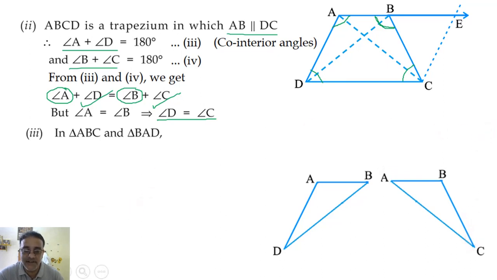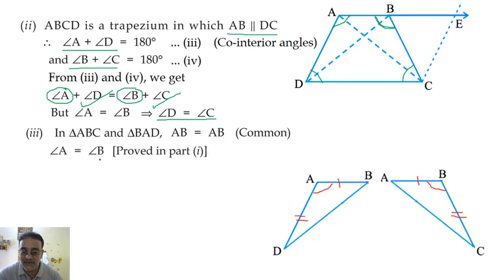हाँ. Anything is common here? Sir, AB, BA. AB is equal to BA is common. And what about these two sides? They are equal. Why? It is given. Opposite sides are equal. AD is equal to BC is given. And these two angles are equal. Why? It was proved above. We proved above. So we'll take one by one. AB is equal to AB, that is common. Angle A is equal to angle B, proved in